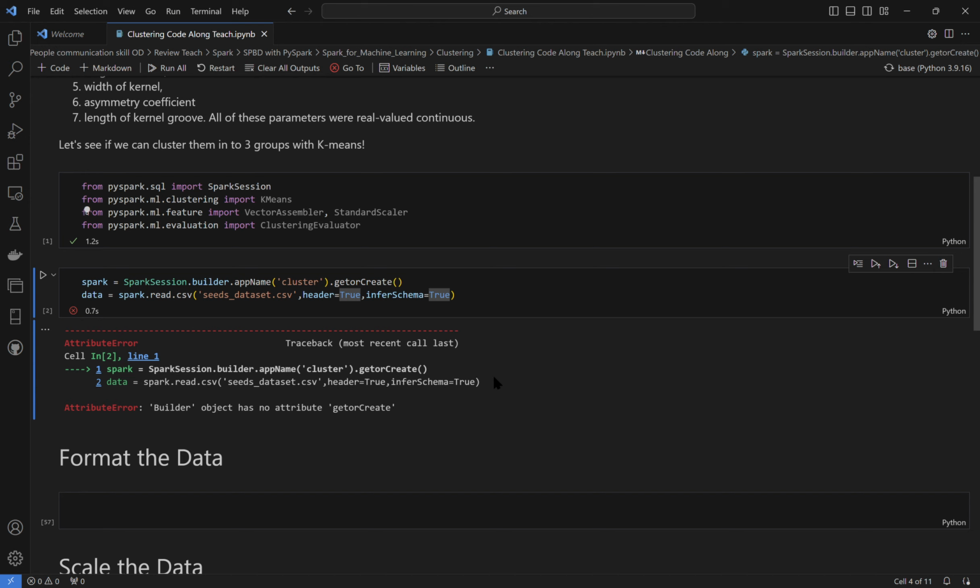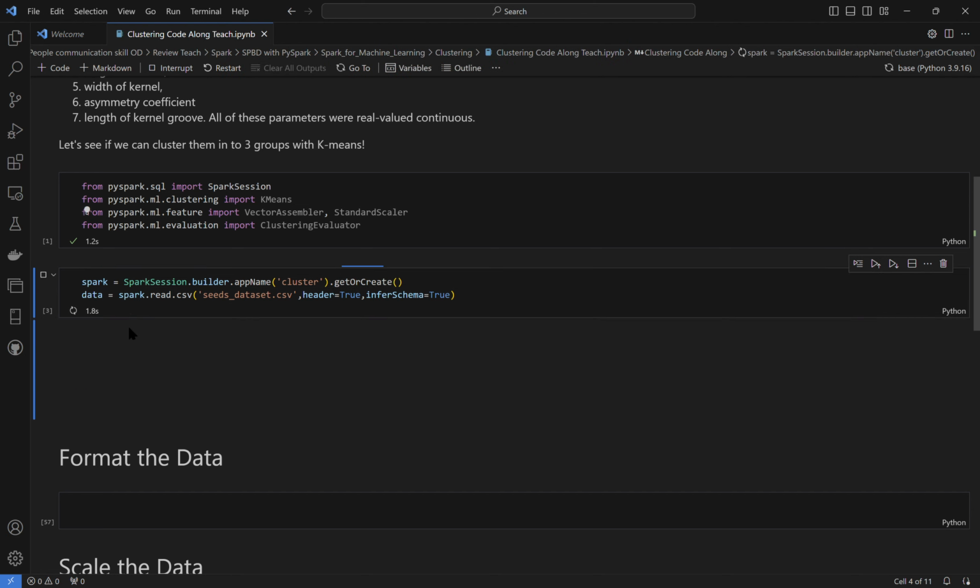It's giving some error. My function seems to be misspelled here. Now let's try it again. It seems to be working now. Now the next step is to